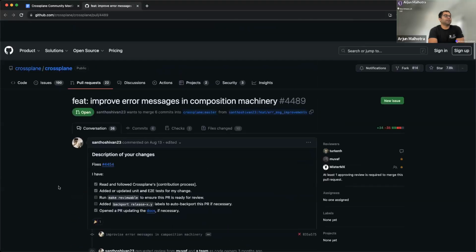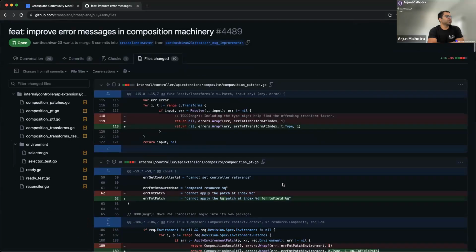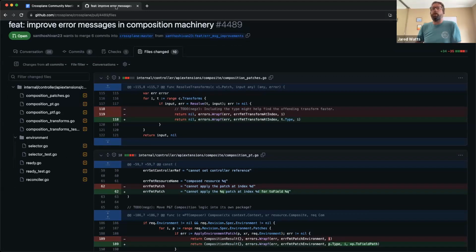What is the priority of this? Is it really urgent, not so urgent, nice to have? Yeah, really good question, Arjun. I think this falls into the bucket of improving the developer experience in Crossplane. There are two major buckets there. One is making it easier to build your Crossplane platform, when you're authoring and building in your development environment on your local laptop. We're making a whole bunch of investments there to make it easier to get your platform correct when you're first building it.